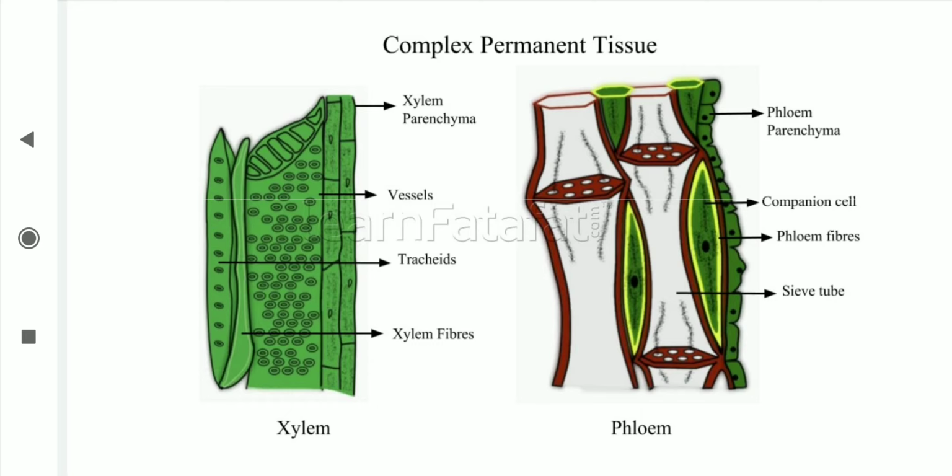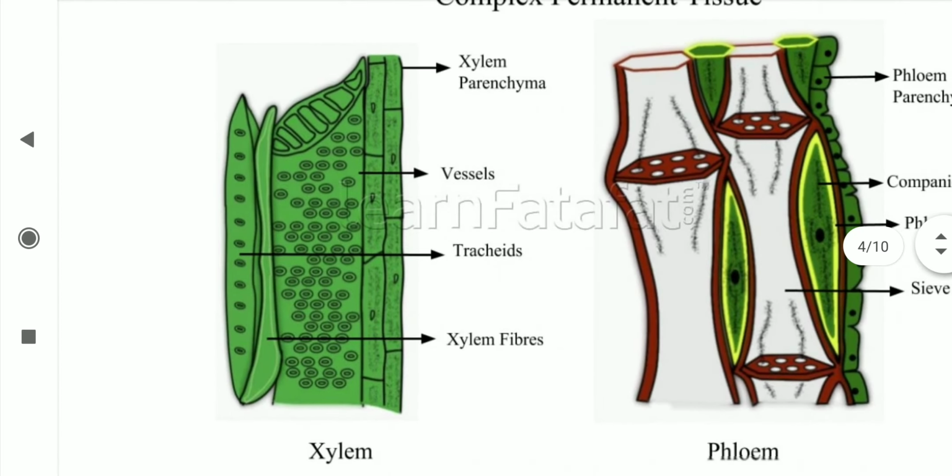Xylem, in Greek, xylos is wood. What is the meaning of xylos? Wood. This is, as I told you, a conducting tissue, and it is a part of the vascular bundle. The xylem tissue is composed of 4 kinds of cells. First is trachea. Are you able to see the trachea? This perforated one, green, first tracheids. Tracheids are elongated tube-like dead cells. So tracheae are long, tube-like and dead cells. The walls are hard and lignified.